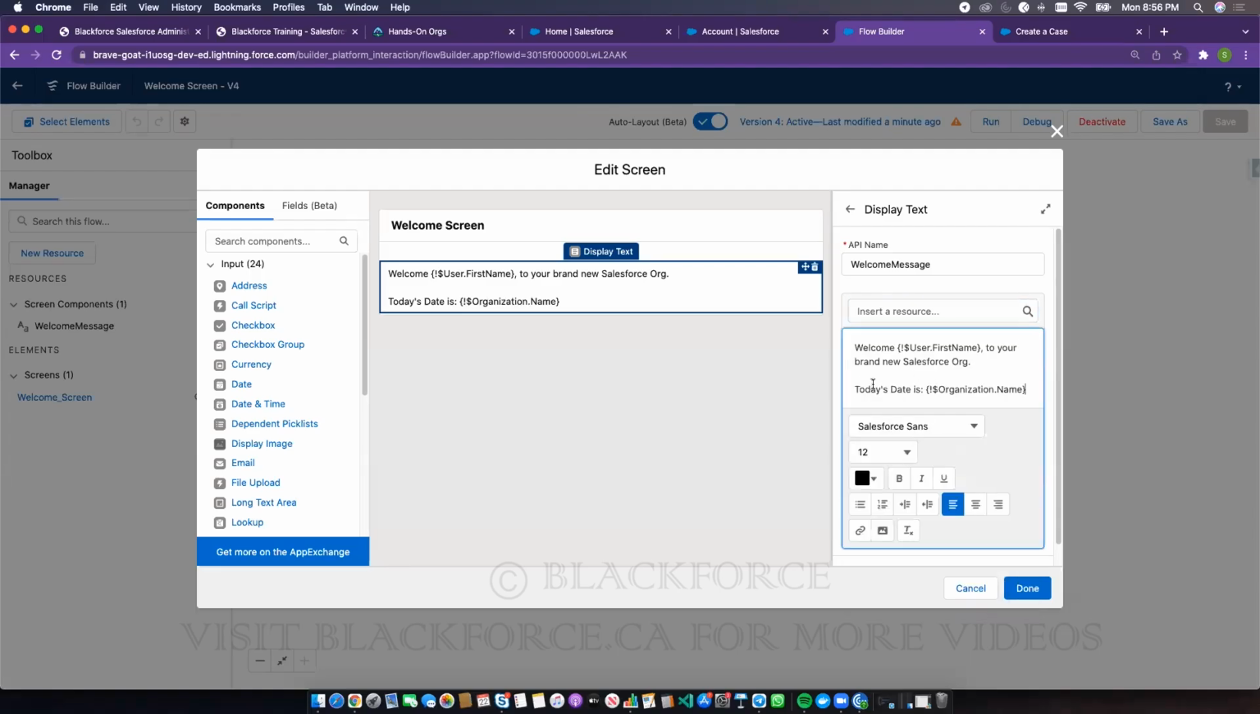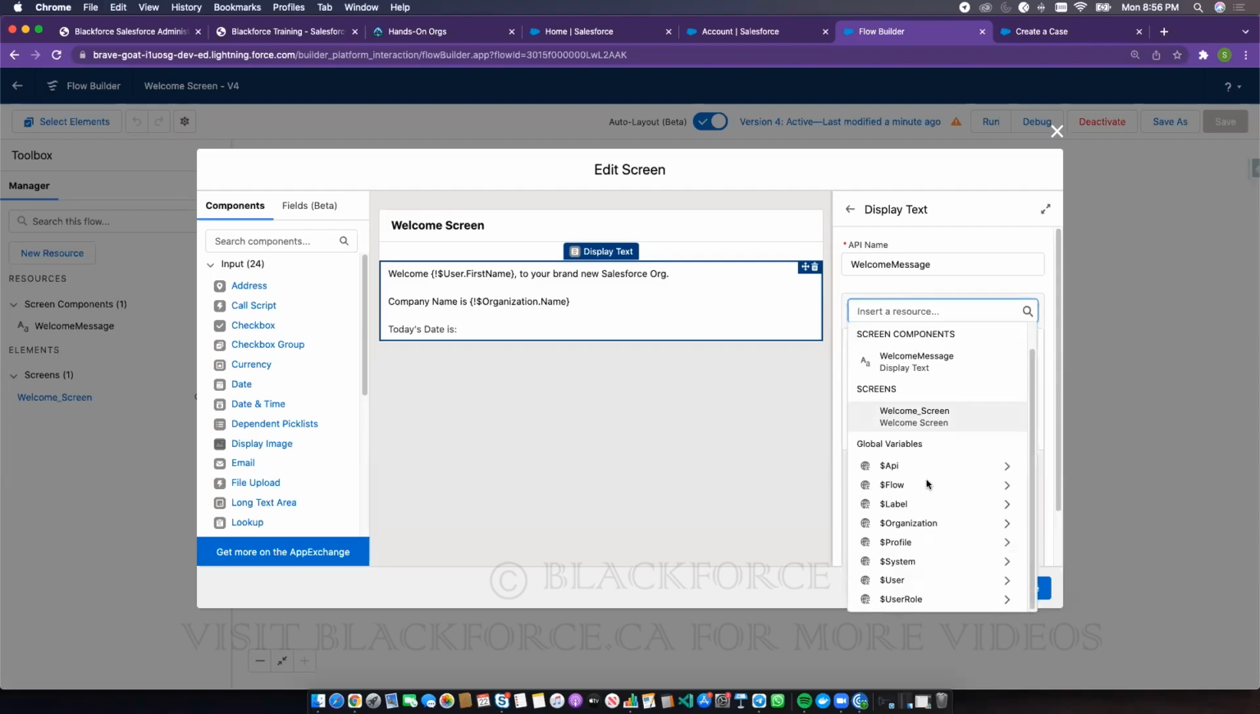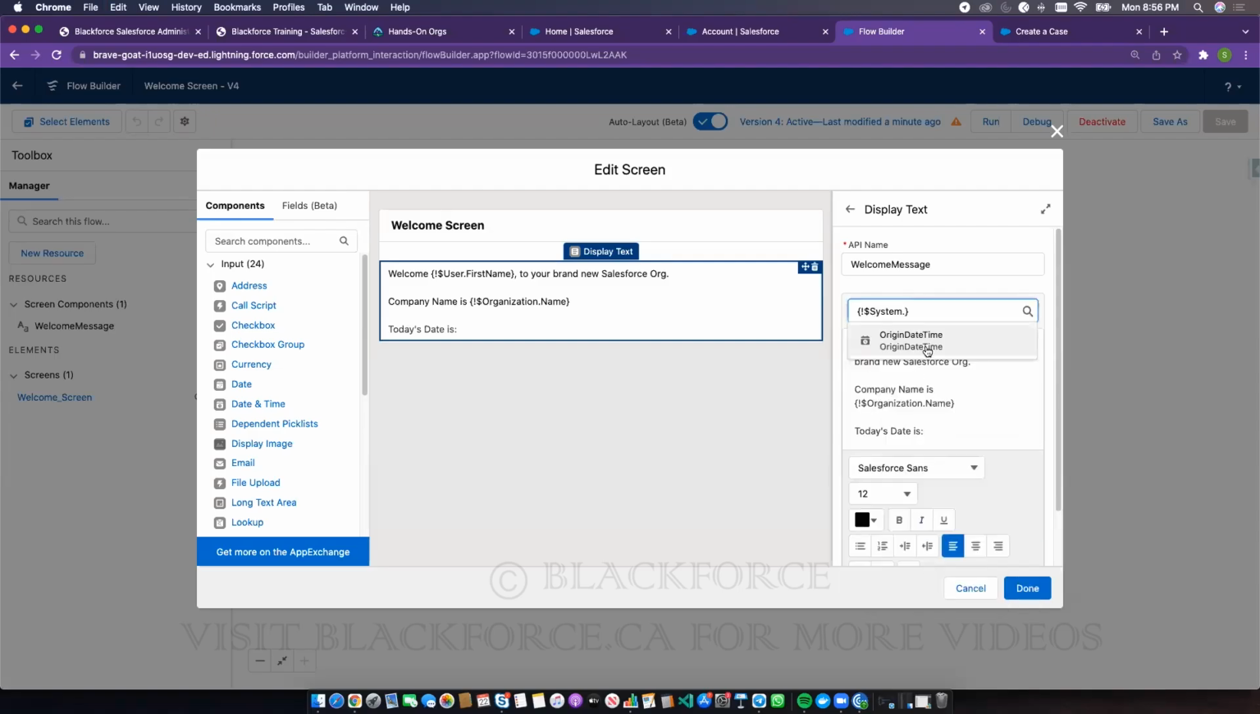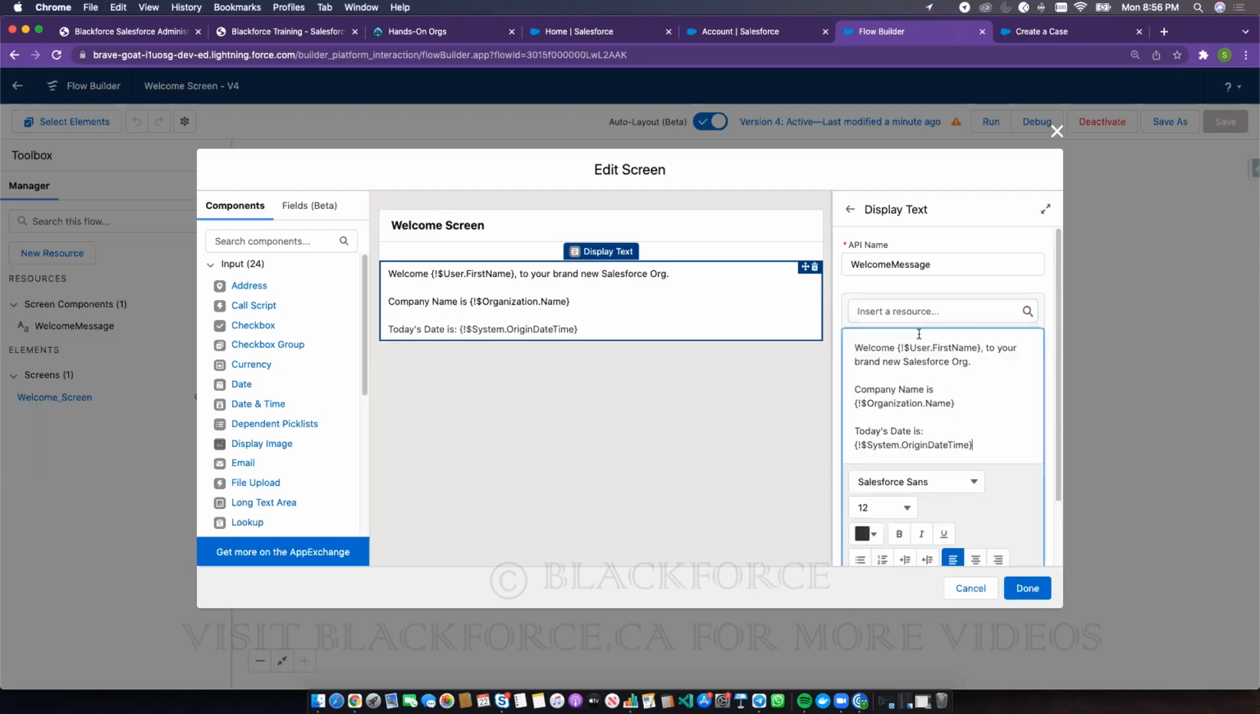Name, okay. Sorry, I'll just say company name, for instance. Company name is, okay. Then again, today's date is, go to insert resource and go to system, then origin date time. Okay, you can select that, or you can go to resource again and look for something that can give you today's date. But if you cannot get any today's date, just go to system and just get origin date